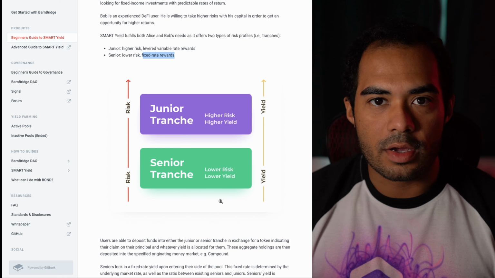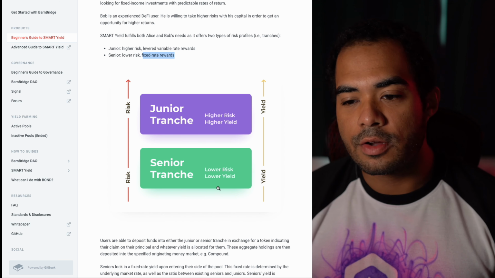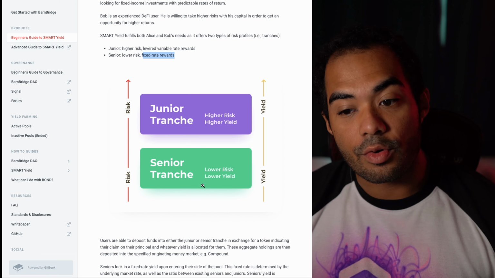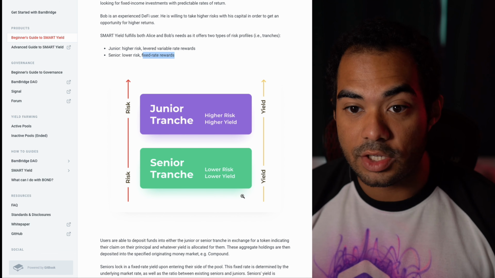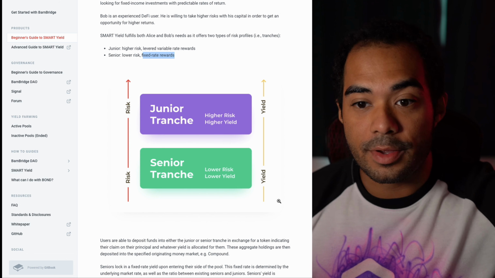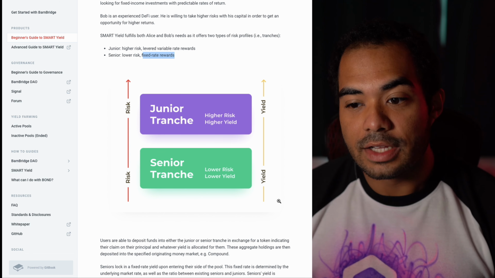While the senior APR is pretty low, I'm not going to lie to you, it's guaranteed, as I mentioned, because if the APR from the originating protocol does drop too low, let's say it drops way too low, and all of a sudden, if you thought you were getting a higher APR in the junior tranche and you're not, technically.